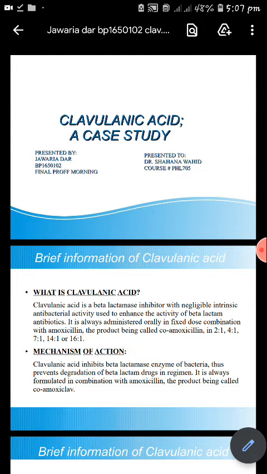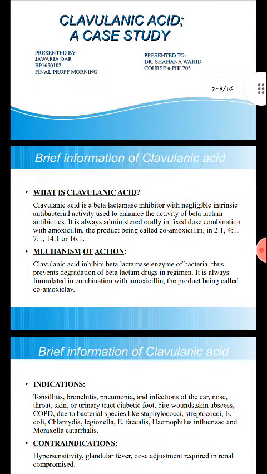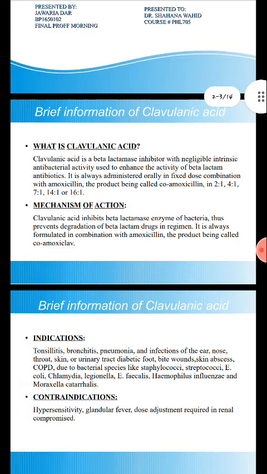I am going to present the case study for clavulanic acid. First of all, I am going to give brief information about clavulanic acid. It is a beta lactamase inhibitor and it has very negligible antibacterial activity or any kind of drug activity. It is not a drug, but it is given with the drug in the regimen to enhance the activity of beta lactam antibiotics. It is given in the regimen with amoxicillin in the ratios of 2:1, 4:1, 7:1, 14:1 or